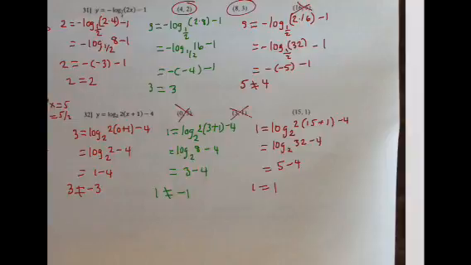The last one, here's the x, here's the y. 15 plus 1 is 16 times 2 is 32. Log base 2 of 32 is 5. 5 minus 4 is 1, so 1 equals 1. So for this one, this is the only one that works. Alright, so the back side of the work